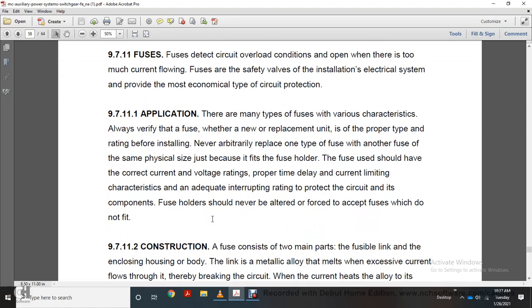Hard application. There are many types of fuses with various characteristics. Although there are various fuses, whether replacing a unit or installing one, verify the proper type and rating before installation. Never arbitrarily replace one type of fuse with another within the same physical size just because it fits a